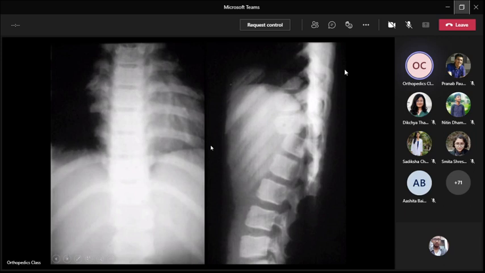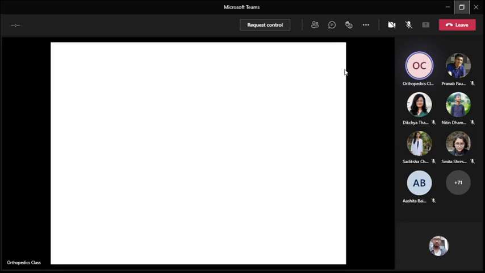So if you see only this X-ray, this is AP view. It looks normal to me. So there is no injury. But looking at this X-ray, there is an extensive amount of injury and there is dislocation. The patient may have paralysis of the lower limb and all those things.